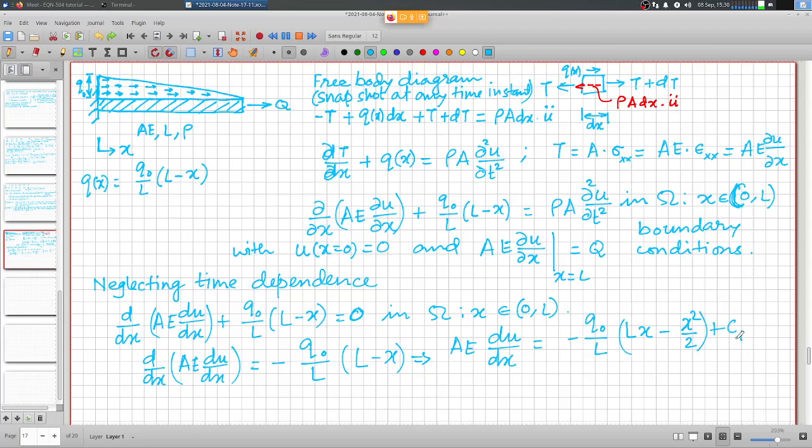So that's the constant of integration. So integration of these terms, and then u will be equal to, or let us say, u of x is equal to 1 over AE times